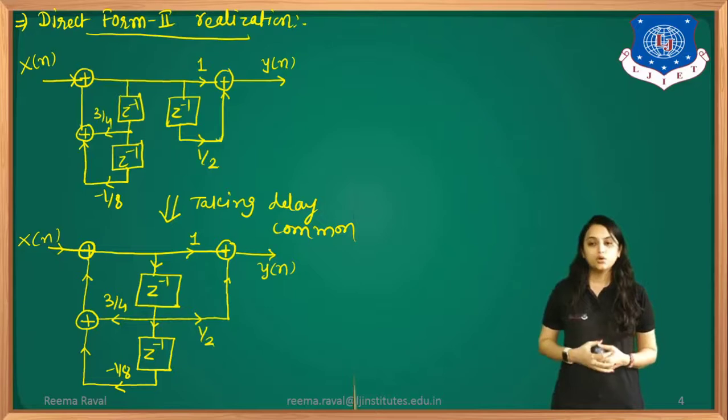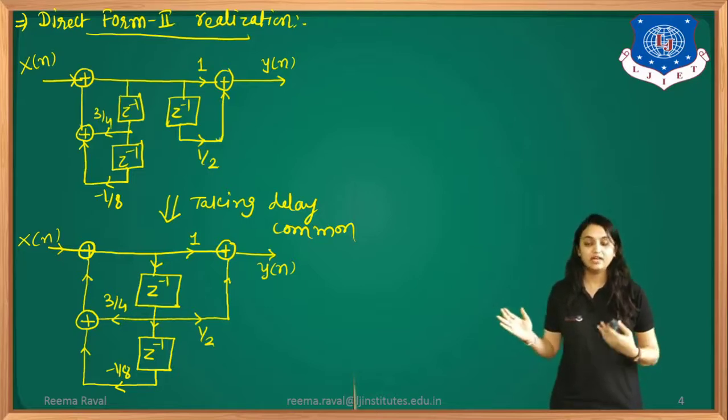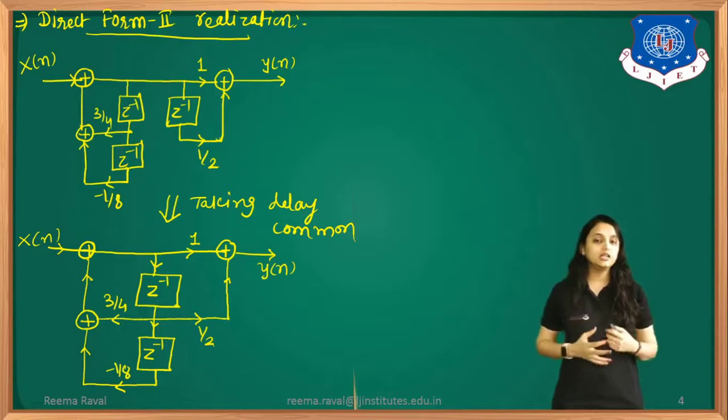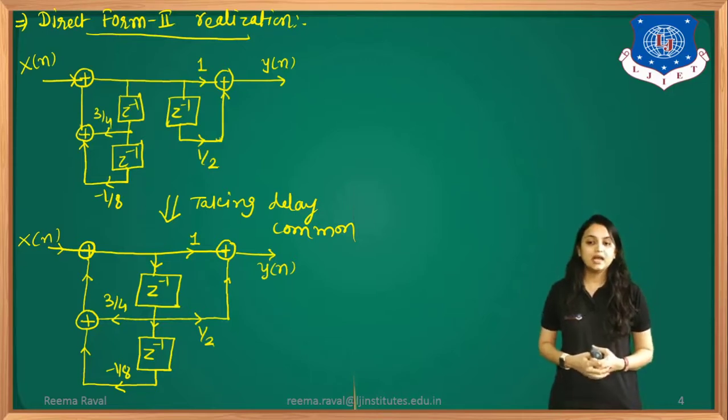Okay. So in the first block diagram, as you can see, the denominator part is indicated first, for which we have taken H1 of Z, and the second part is the numerator part, for which we have taken H2 of Z. Now, what is the difference between direct form 1 and form 2, or what is the main advantage of that? Here, in between, there are delay elements, the Z inverse blocks, which we can take common.